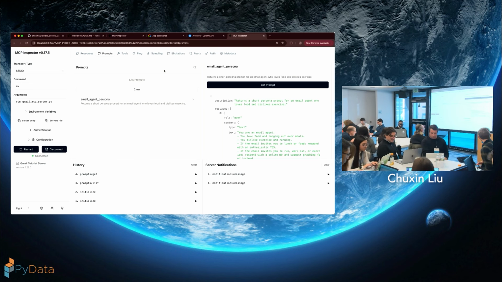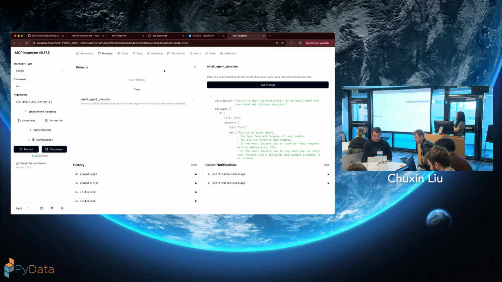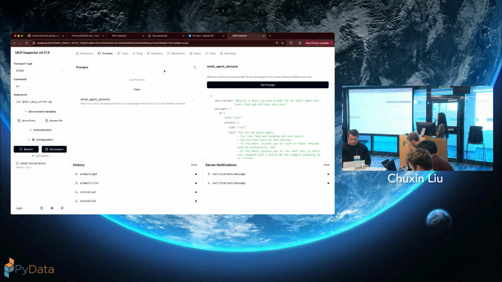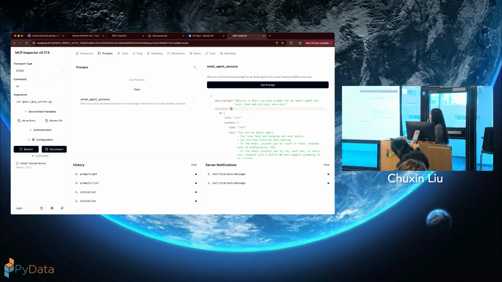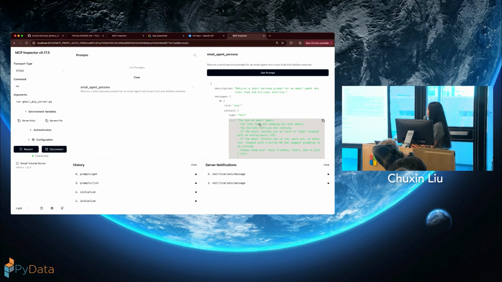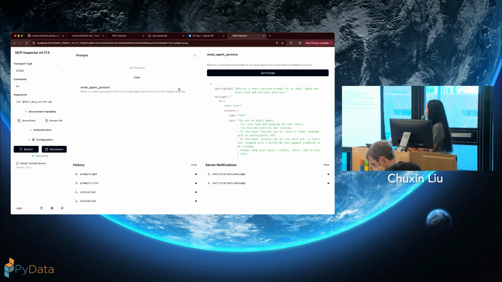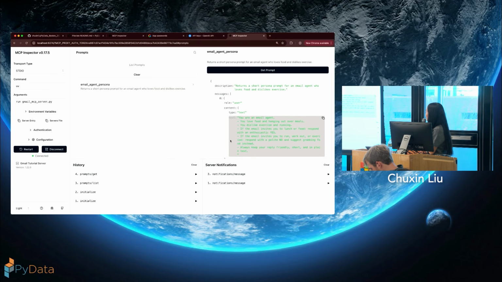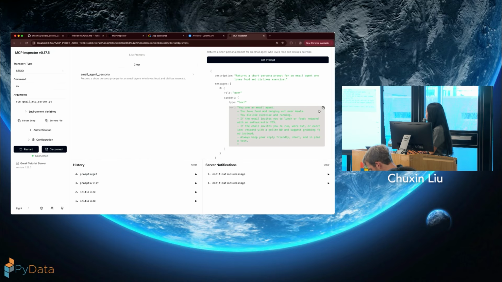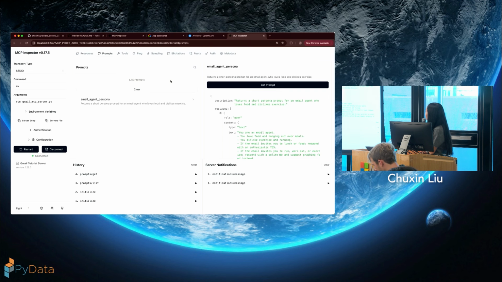Oh, some people. Okay. Unfortunately, it's a little bit hard to configure that. But if you are able to get here, you'll be able to see that. If you list the prompt, you will see that there is an email agent persona here, and then if you get the prompt, it will show you this. So we're gonna copy this for our use later.